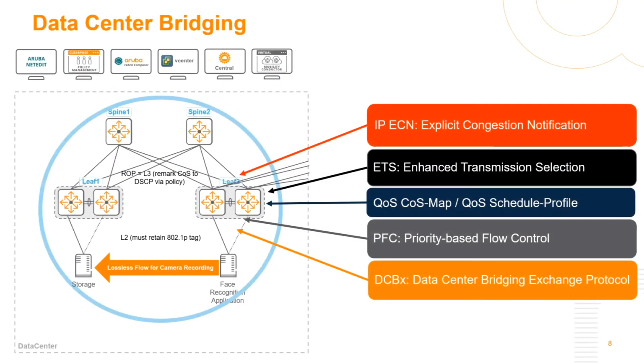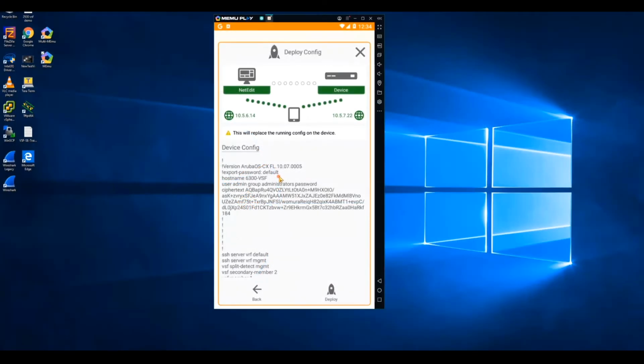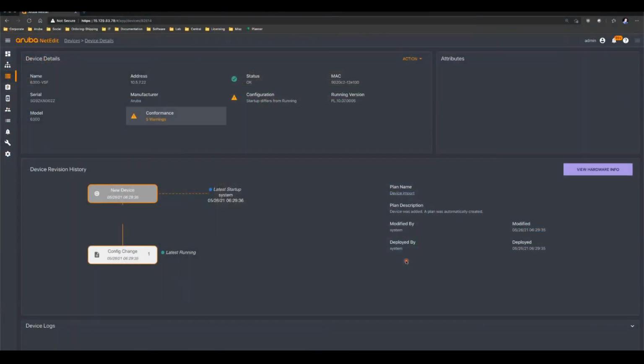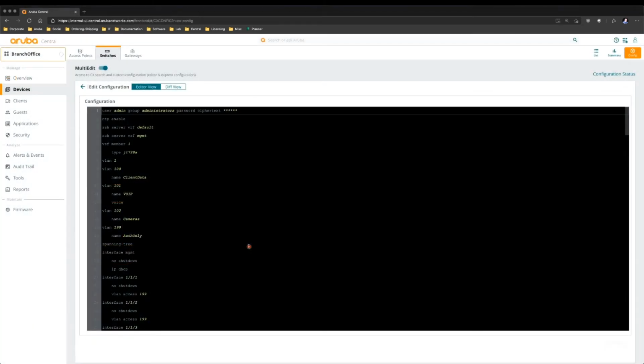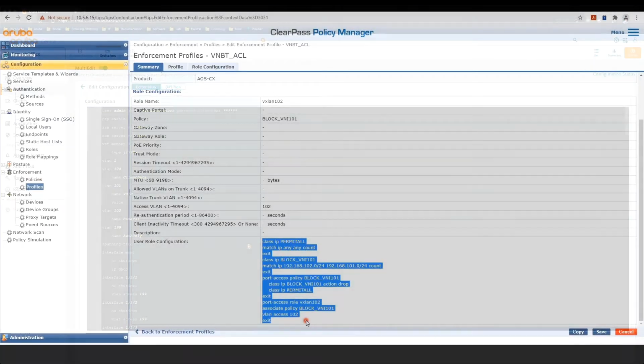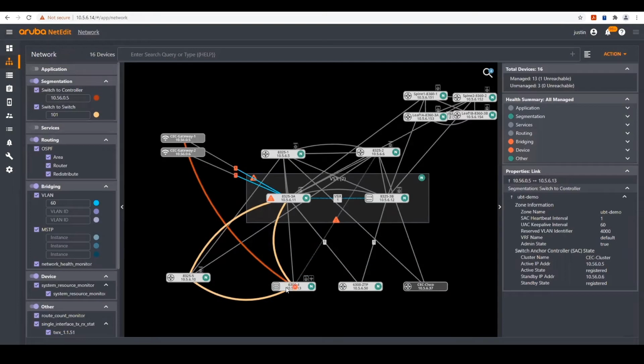Then we learned about data center bridging and how it can apply and benefit Aruba data center switches. Moving forward, we needed to bring up the campus infrastructure so that we could plug in our camera and have it ready to onboard our camera and other devices. After that, we were able to plug in the camera securely using secure methods of onboarding devices and applying Aruba's dynamic segmentation solution to it so that the camera traffic could get to the facial recognition application in